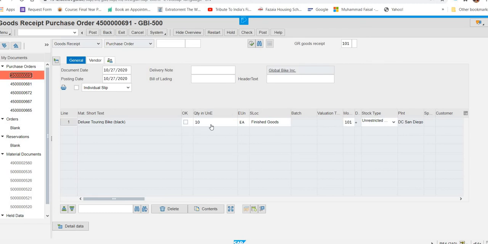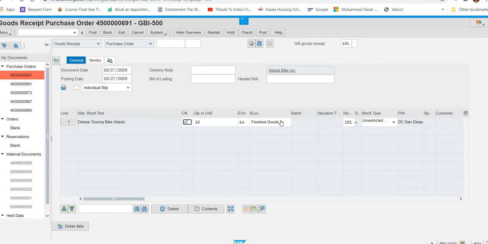Now the data is with us. Now what they are saying, you have to press OK here, and then SD00 should be selected as your plant. So where is the plant? It's already selected as D00. 101 should be the movement. 101 is the movement. And then G00 is the storage location, that is already selected.